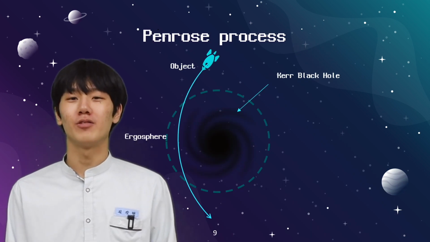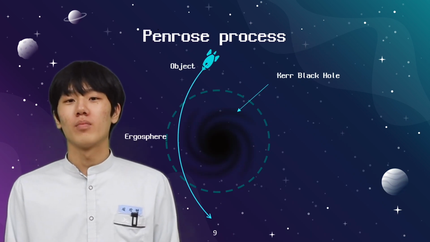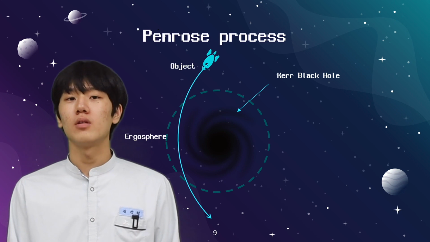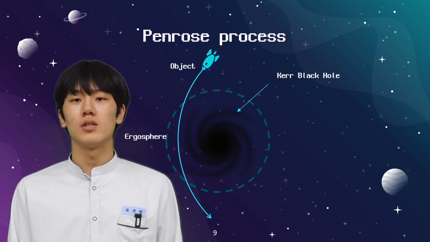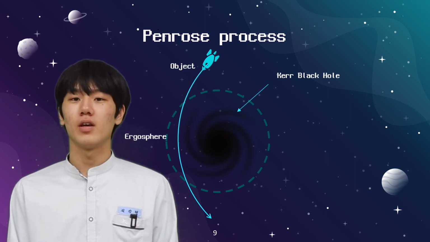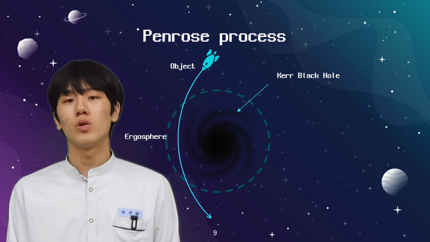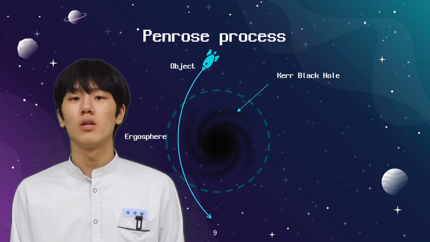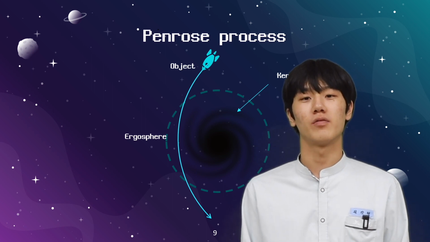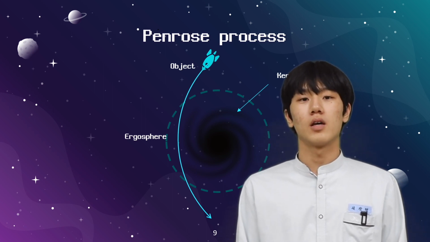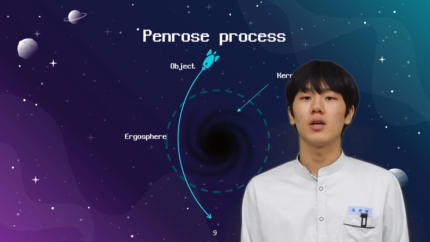There's a similar way to get energy from a black hole. Not all black holes are possible, but only black holes with angular momentum. Assuming an object is divided in half at the black hole's ergosphere, then half of the object falls into the black hole, reducing the angular momentum of the black hole. According to the law of conservation of momentum, the other half of the object gets more energy and escapes from the black hole.